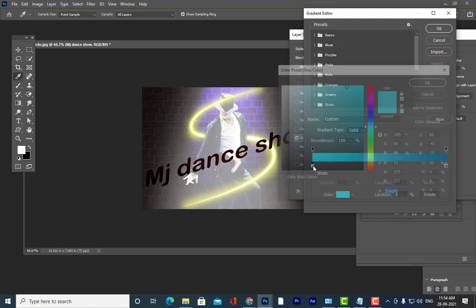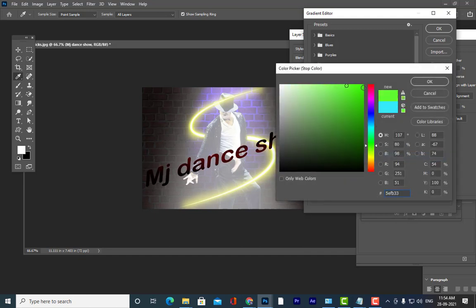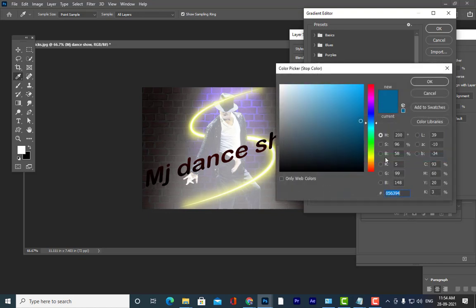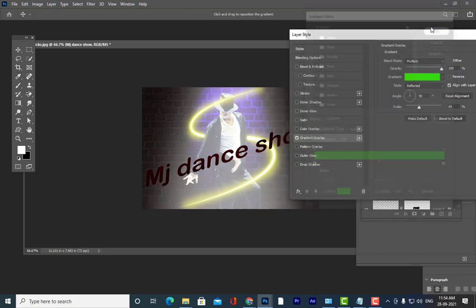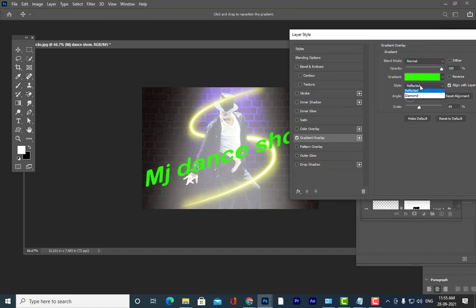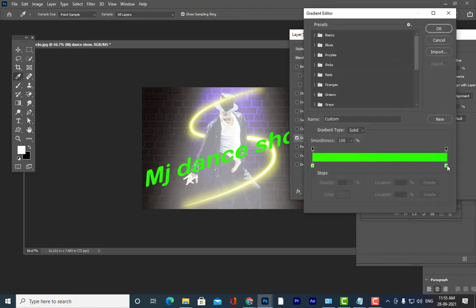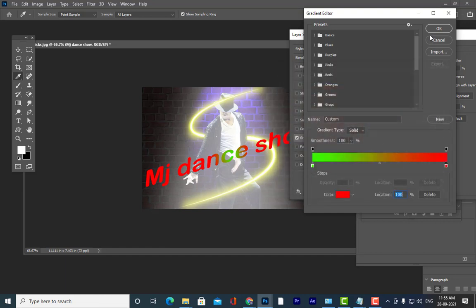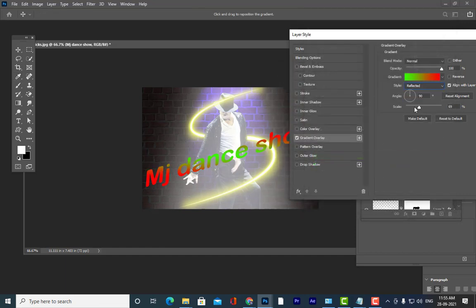We can give some green because there is no green here. It's not applying to the text, why? Because of this one. So we can say linear or radial. Red and green, and we'll use reflected. We can say reverse.